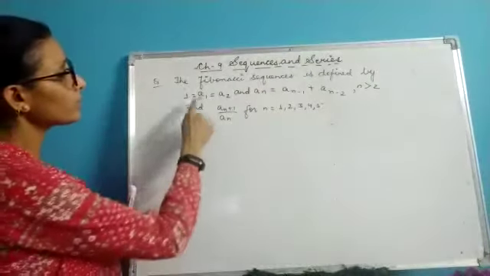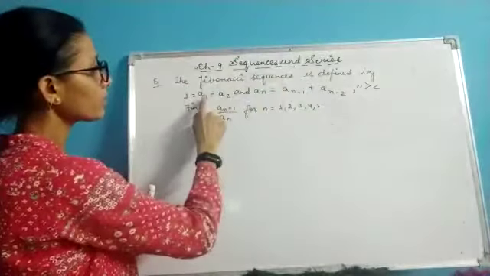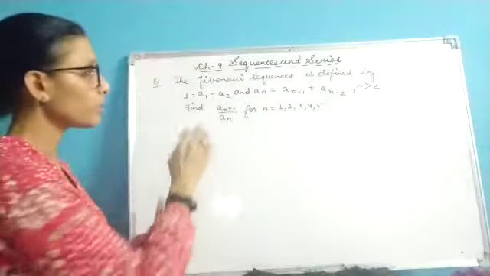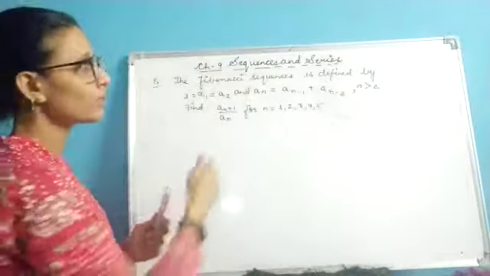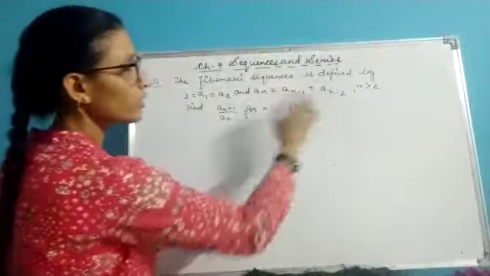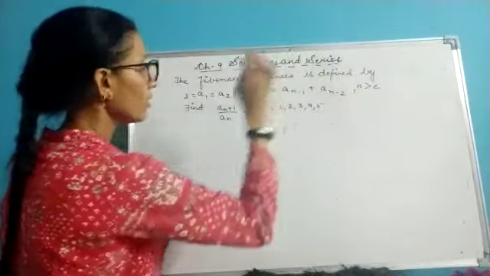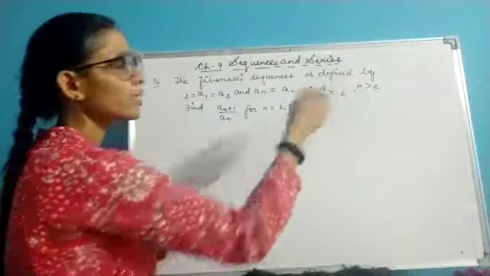We have here a1 and a2, which is the definition of a Fibonacci sequence, that the first 2 terms should be the same and the third term should be the sum of these 2. So this is defined over here. The Fibonacci sequence is defined with this, and it is given here n is greater than 2 because 2 terms are already given to us. So we'll calculate the third term.